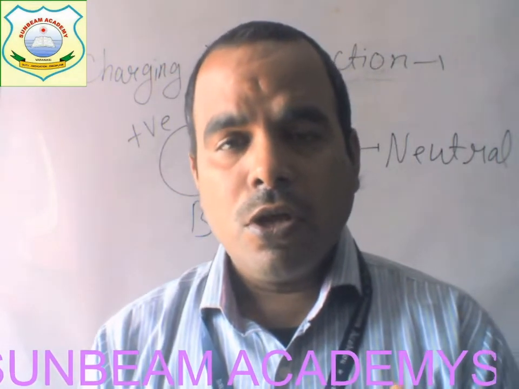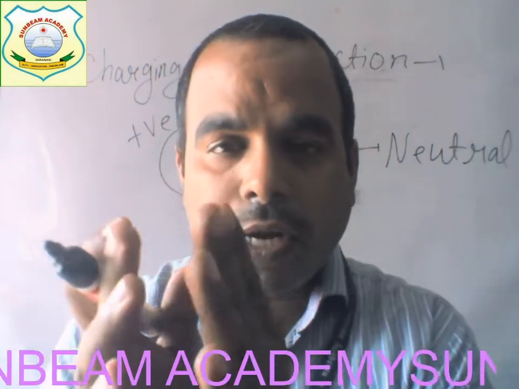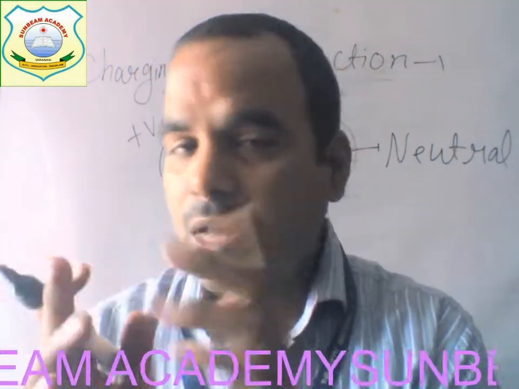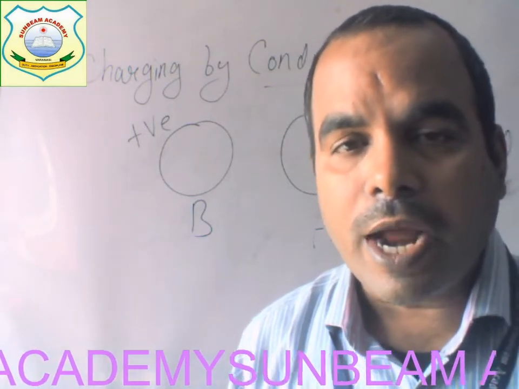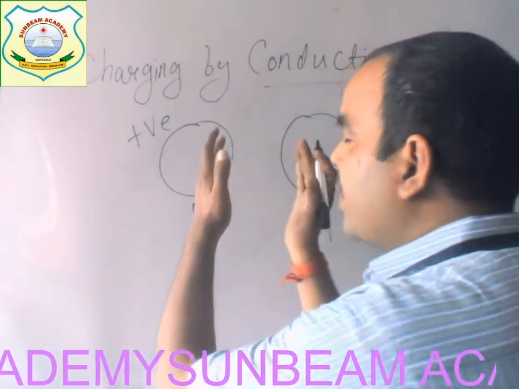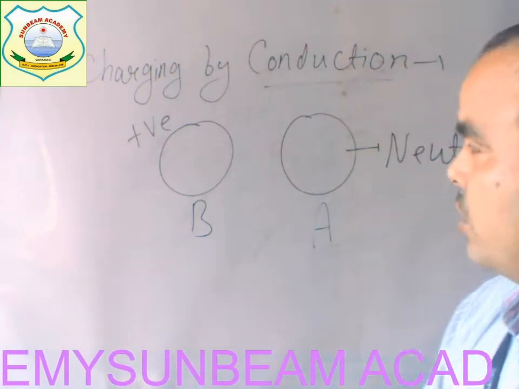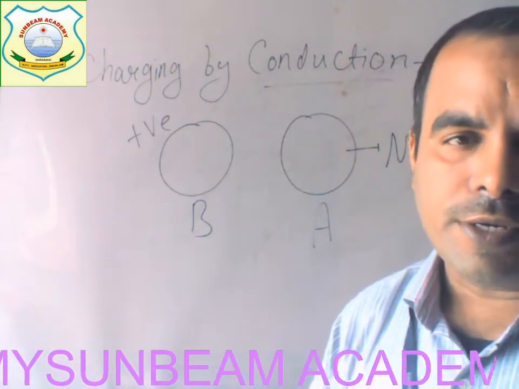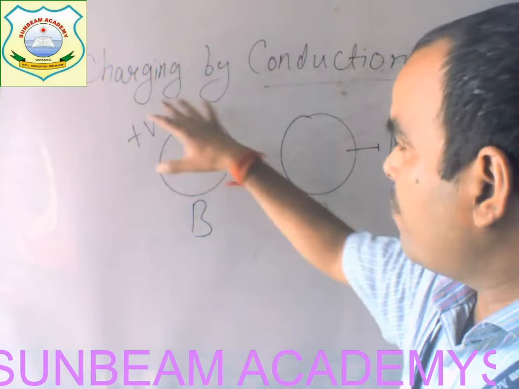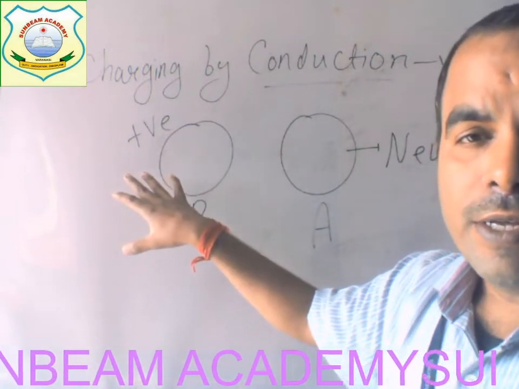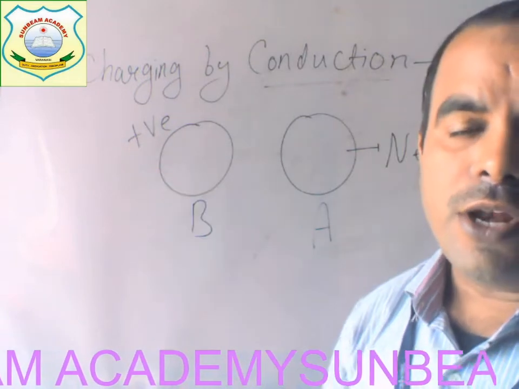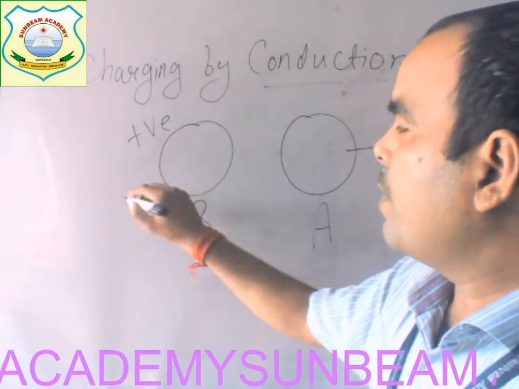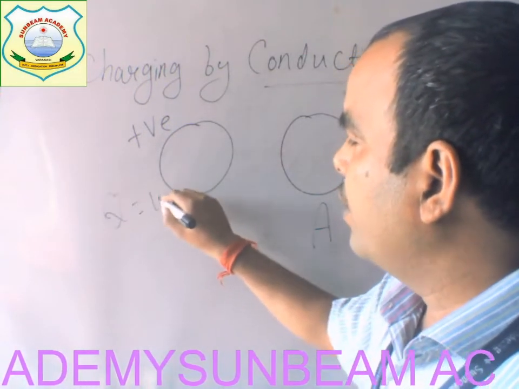Conduction means both things should come in contact. I repeat, both things should come in contact. At the present time they are not in contact. I am also specifying how many charges are in object B. Suppose 100 coulomb charges,